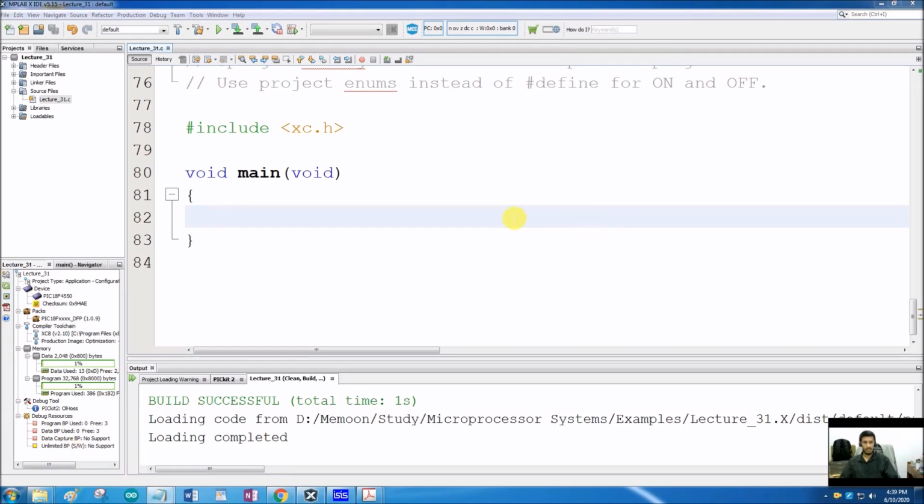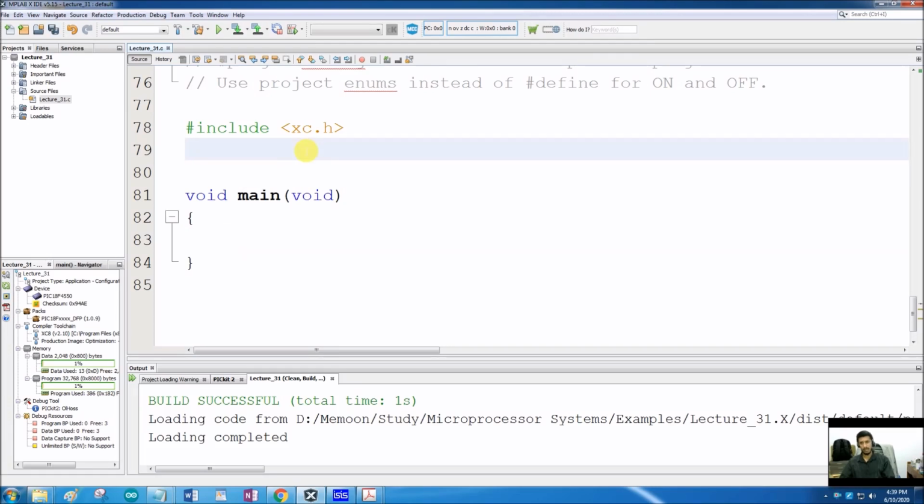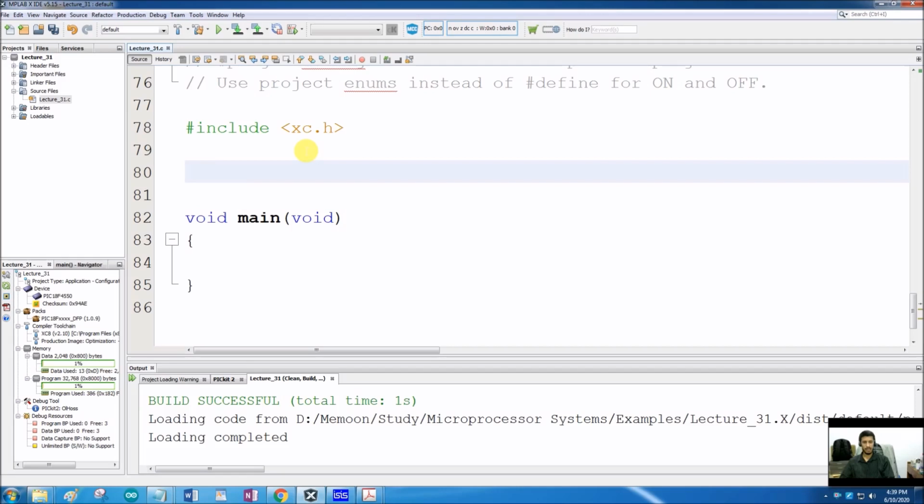To send data serially, what kind of data do I want to send? Normally I would like to send the data in ASCII characters because I want that data to be displayed to the user, and it is very easy for the user to read ASCII values.